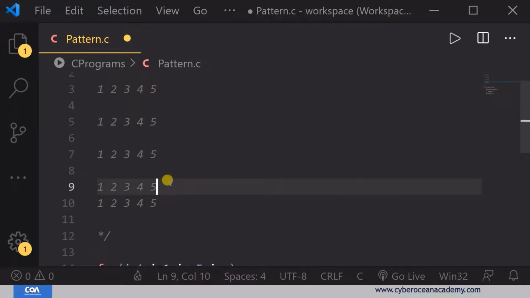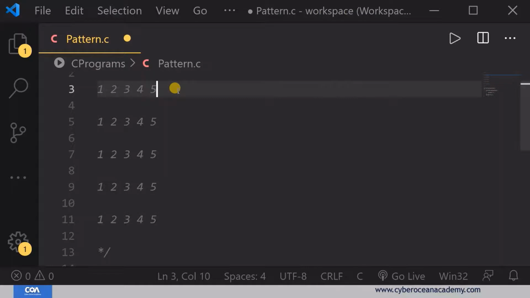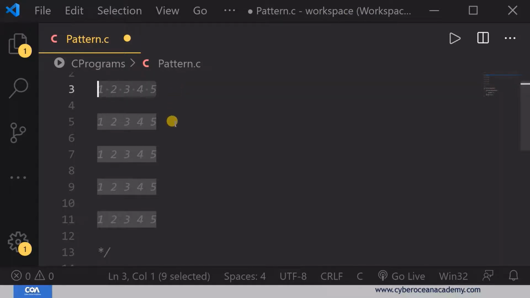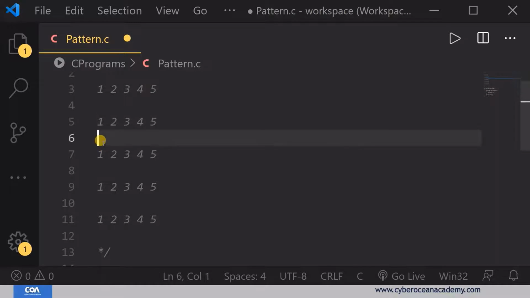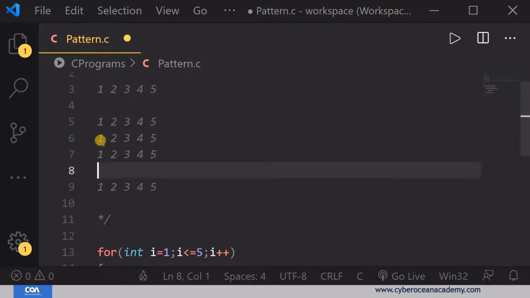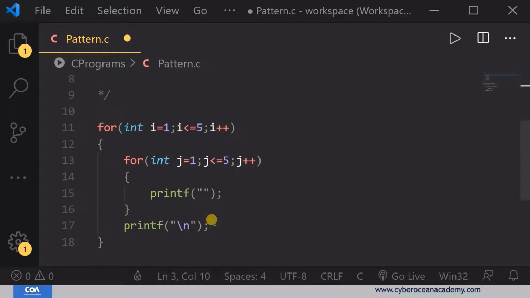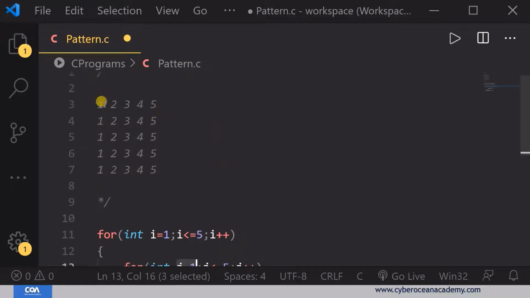Okay, so here you can see that if the value of i is equal to 1, that value will print as it is. If the value of i is equal to 2, that value will print as it is. Okay, so now you can understand what value you want to print. So here also you can see that this for loop of j will run 5 times. That means this is nothing but the value of j. The inner for loop will run 5 times, that means the initial value of j was 1, then 2, then 3, then 5. Every time the second loop will run from 1.